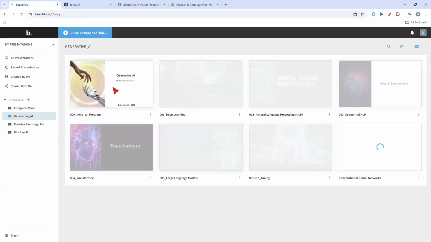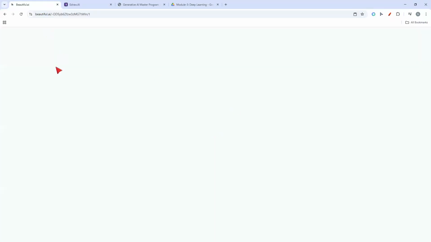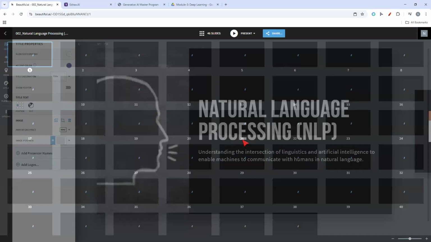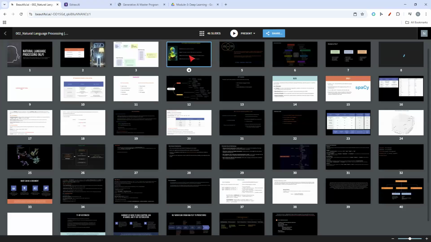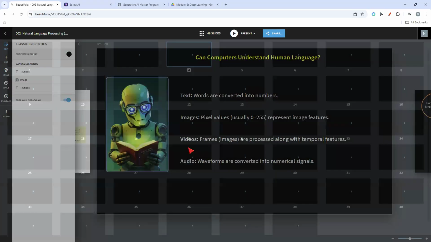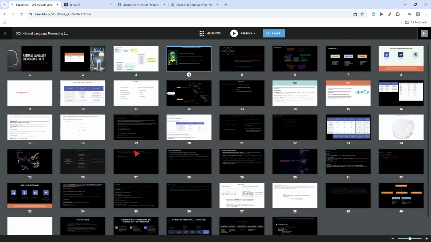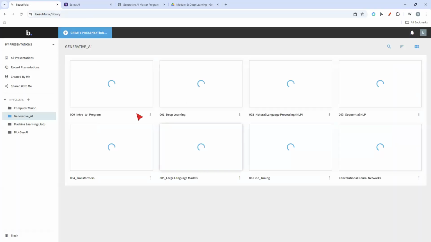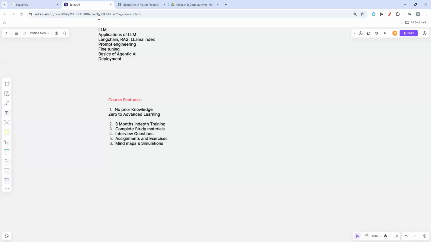That's the reason we use these simulations for almost all of the topics. So don't get scared of looking at these kind of images. All this we are going to cover in a very simple manner.